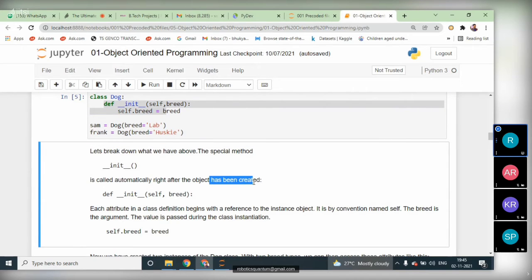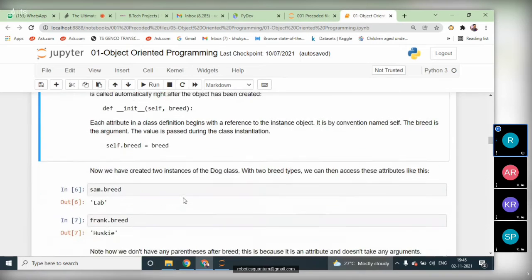So that's why the constructor is called automatically right after the object has been created. At the time of object creation, this constructor will be called automatically. There is no need to call that constructor from outside of the class. But other than the constructor, we have to call methods from outside of the class to execute them. A class is nothing but something which can hold more than one method. With this class name we can execute these methods. Okay, so that's the way we'll use the constructor here.